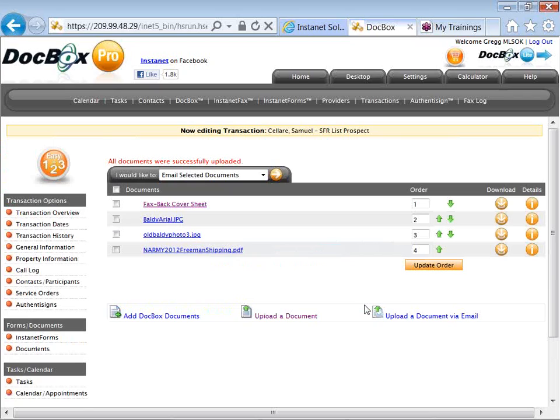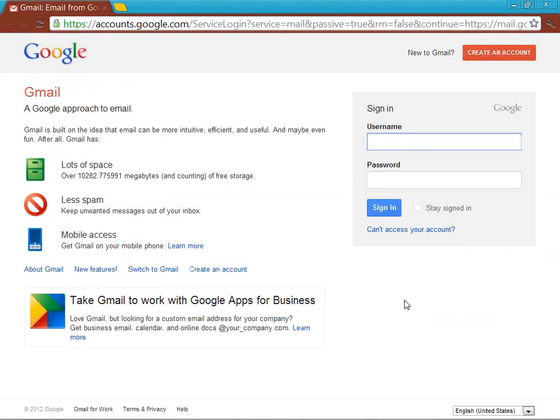If you have a lot or a number of documents that you would like to upload and you don't want to wait around for them to complete that uploading process, you can upload via email. This is actually going to launch a unique email message. So clicking here, in my computer, it's actually going to prompt me to log into email. You can designate these accounts